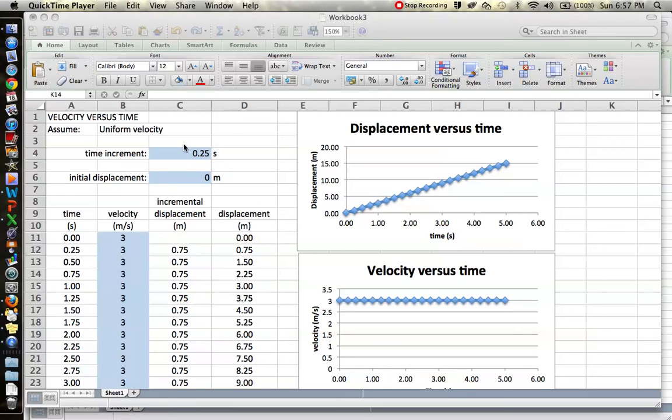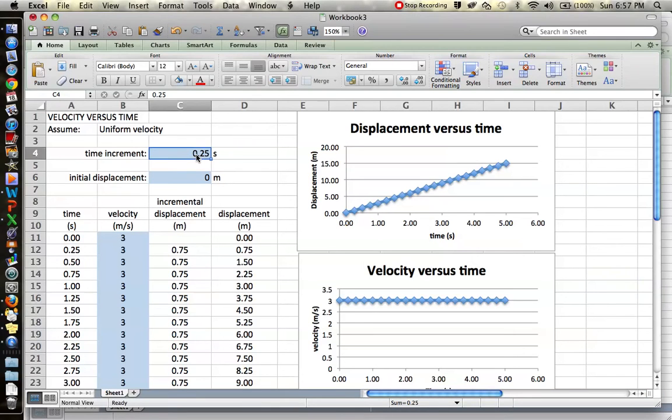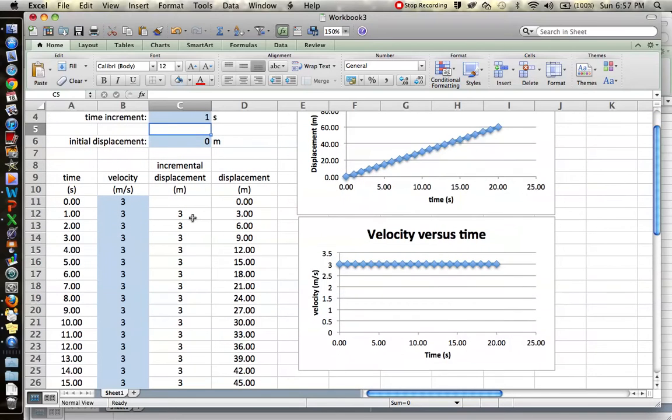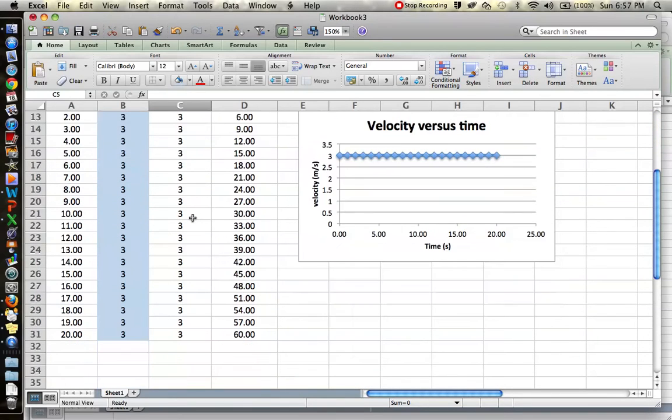Now that we've set up this spreadsheet and the graphs, we can take it for a bit of a test drive and see what it's capable of doing. First thing is, if we come to this cell here, time increment, then we can change it, try different time increments. If we say 1 second for each increment, you can see we're now changing this to now a total